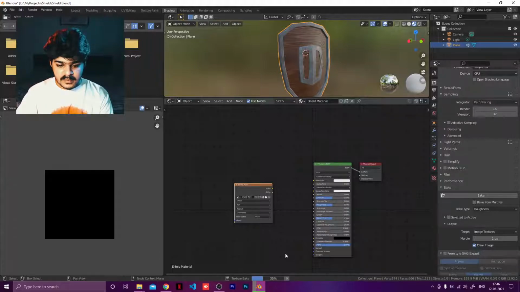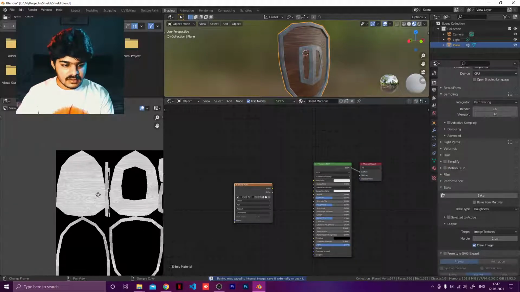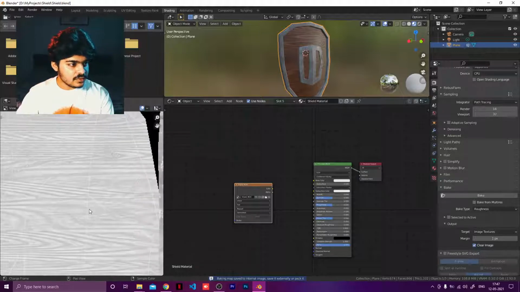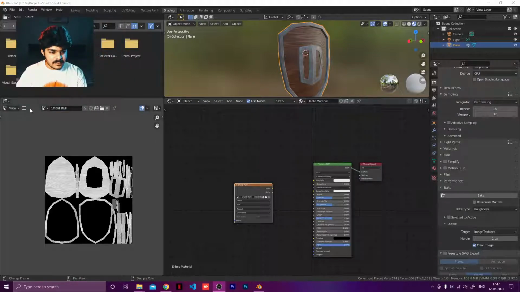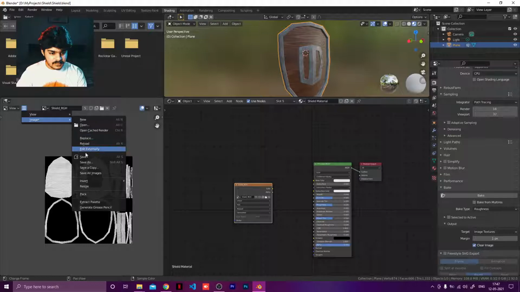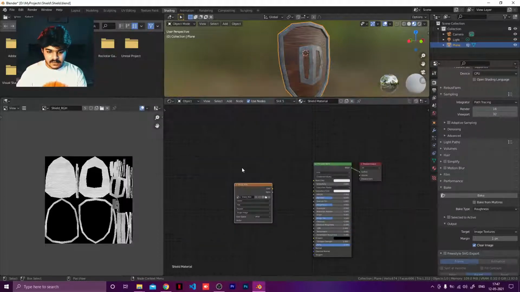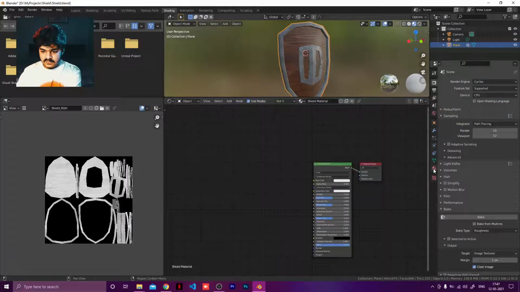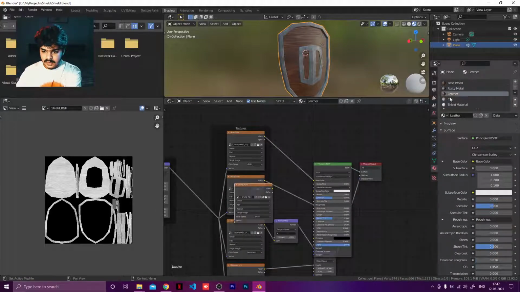Now it will take a much shorter amount of time to bake the roughness. Diffuse is one of the highest time that it takes. Now as you can see, the roughness map is also done. Again, save. Okay, let me just decrease the size. Image, save, and roughness. And I don't want PNG again, I want JPEG, and done. Now once that is done, again go to every material and delete the roughness that you have there. Okay.